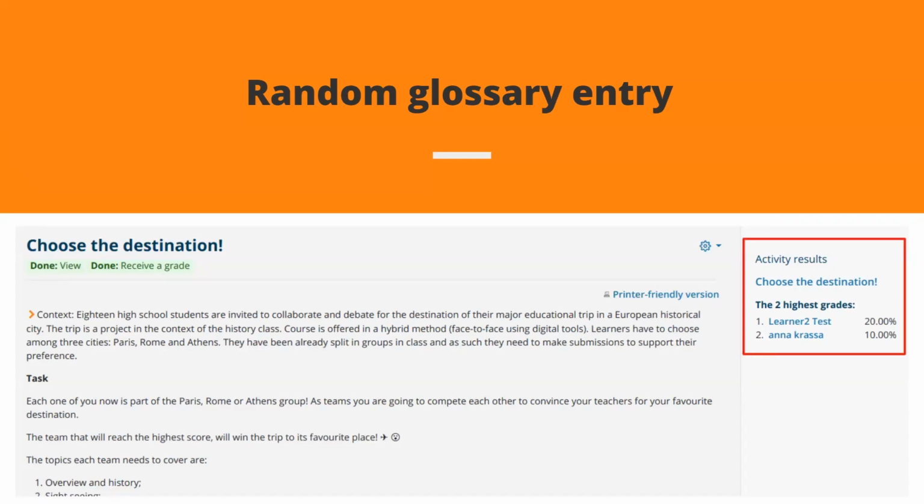So I don't know if I have convinced you about how versatile a glossary can be. I would like to hear from you if you have any comments for this gamification approach. Well, I had not thought of using a glossary, I have to confess, with a random glossary entry as part of gamification.